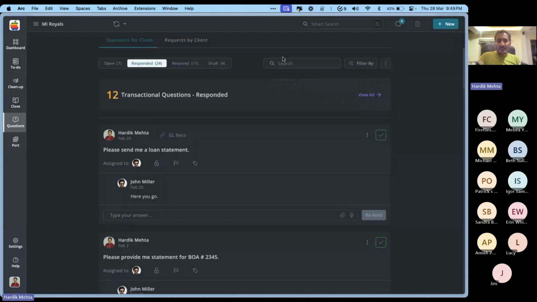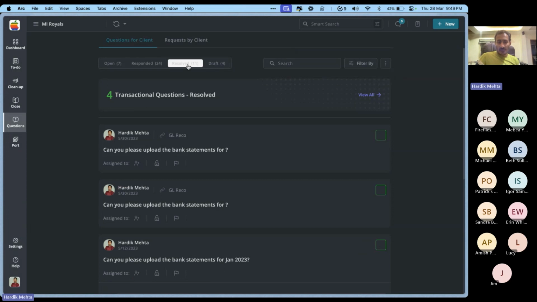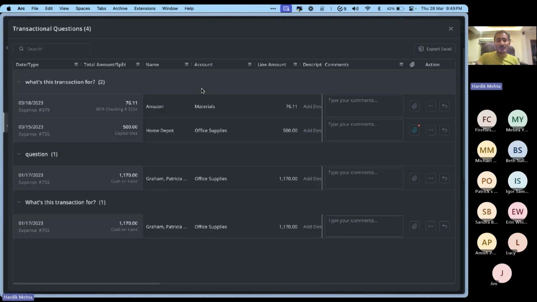So when we go to the resolve tab, it was because we were not showing the suggestions, especially on the client side. It was not possible for the client to see what they actually responded. So now, on the client user end, when they go back to their resolve